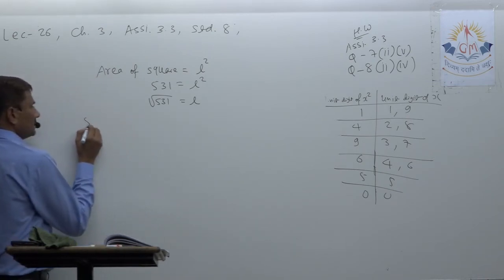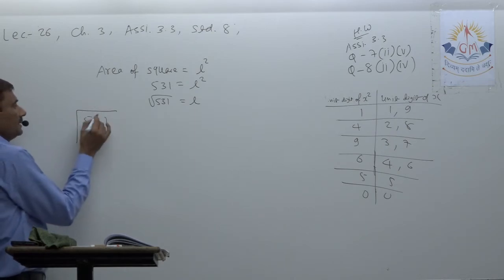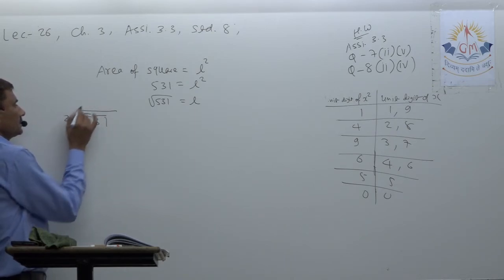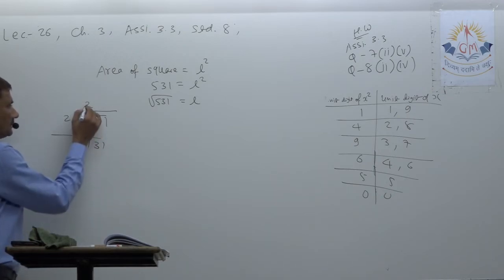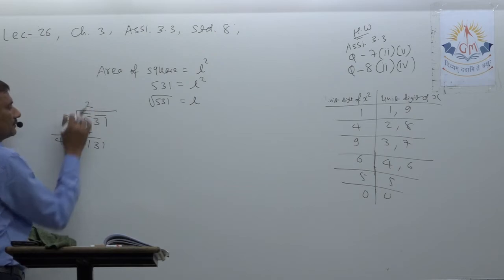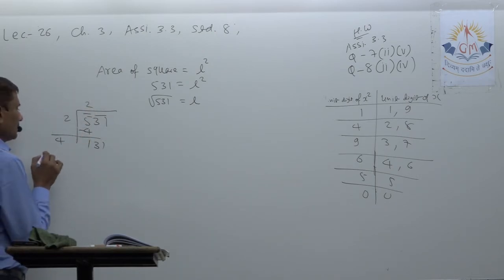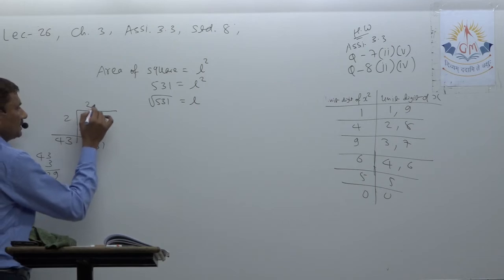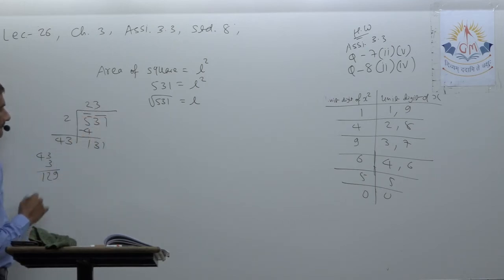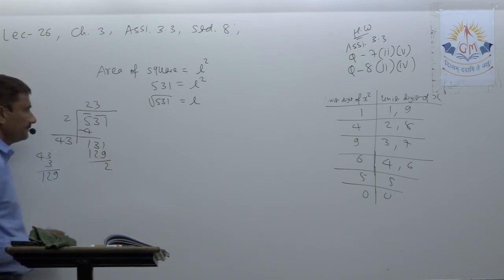So actually it is rough work or pair work. You can consider it anyway, making pairs here. So it is 2 twos are 4, 1 left, 31 left here. Now just make double of that one, it is 4. Now 41 into 1, 42 into 2, 43 into 3. So I stop at 43 into 3 here. Just look at 3 threes are 9, 4 threes are 12. So 43 into 3 is 129. So only 2 left.